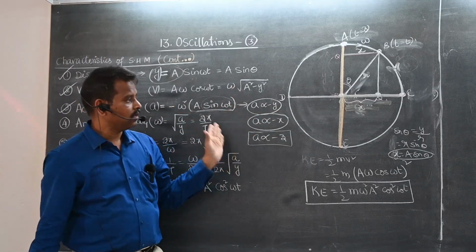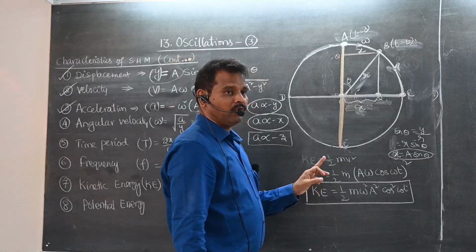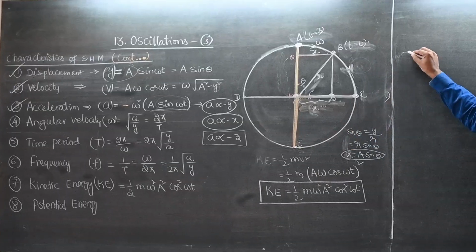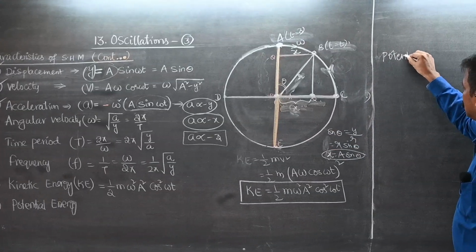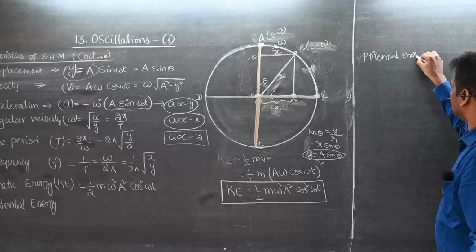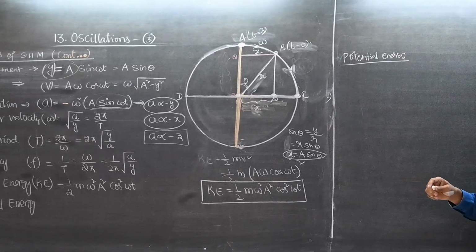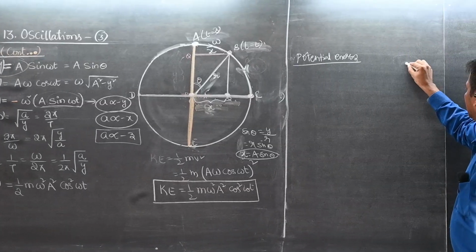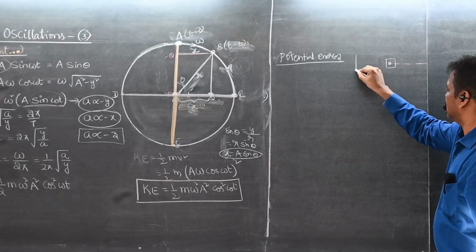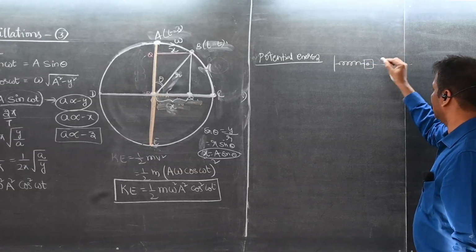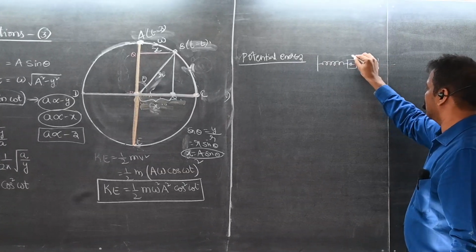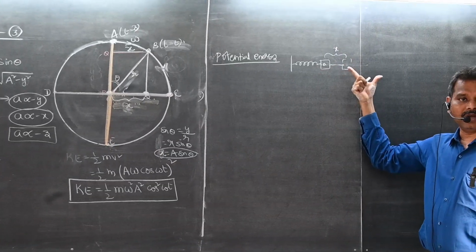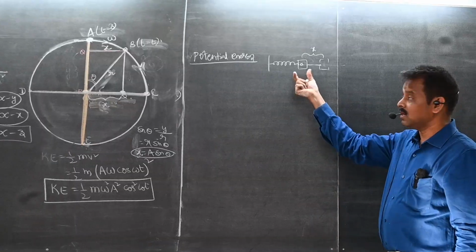Okay. Now I am going to find out the potential energy. Eighth one, you know? Potential energy. Now let us say I have taken a particle here and I pulled this one. This is the block. Let us say this is the spring. I pulled this one up to here. Now the displacement is x, not amplitude, a small distance x. I released it.